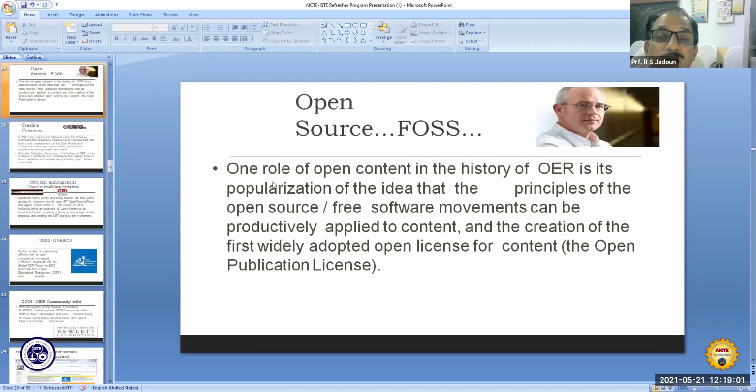Here, one role was to popularize the idea that the principles of the open source or free software movements can be productively applied to content, and the creation of the first widely adopted open licenses for content to be used.